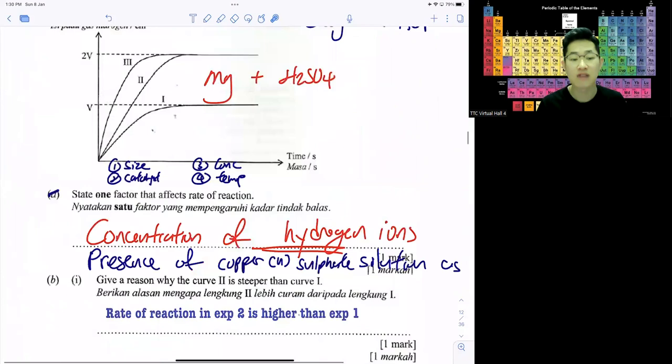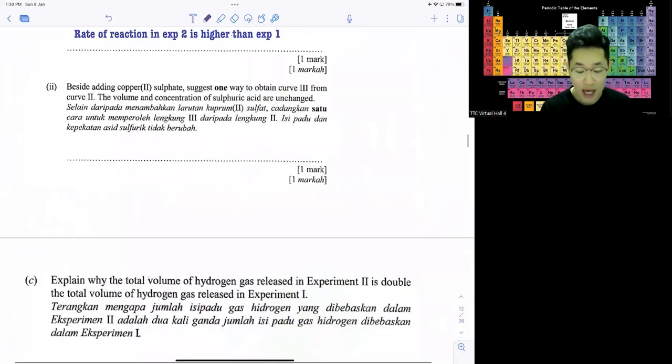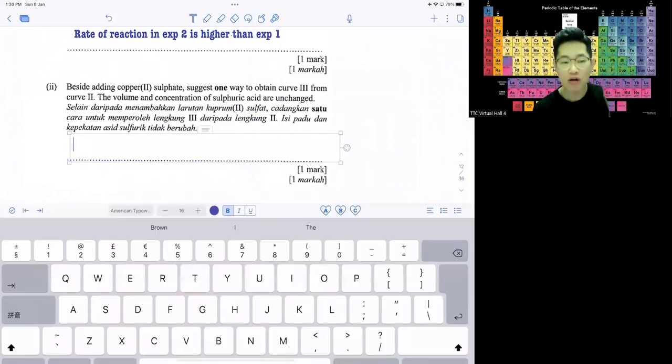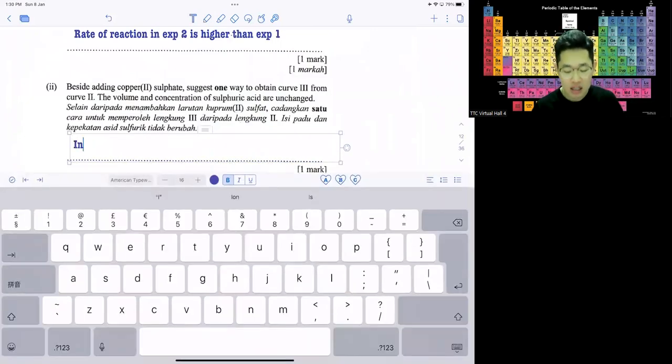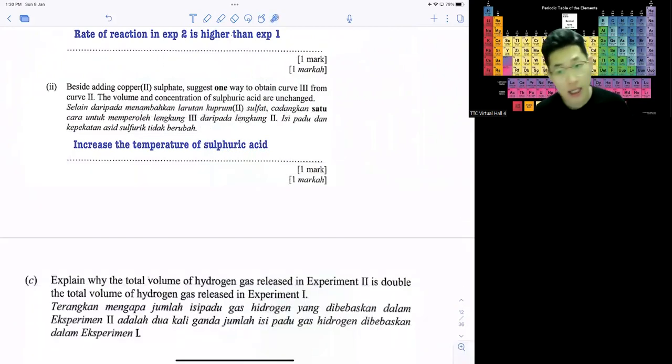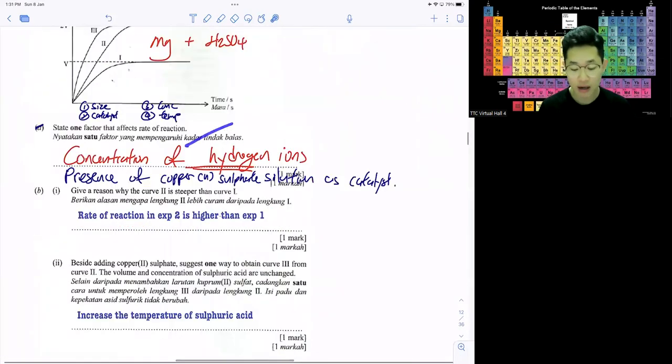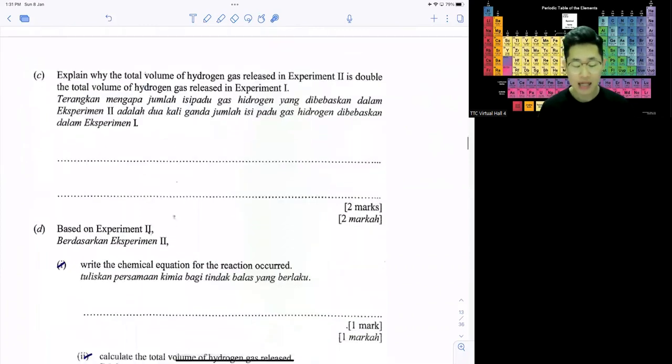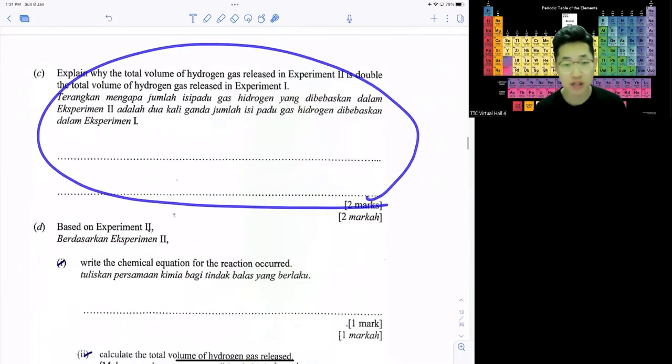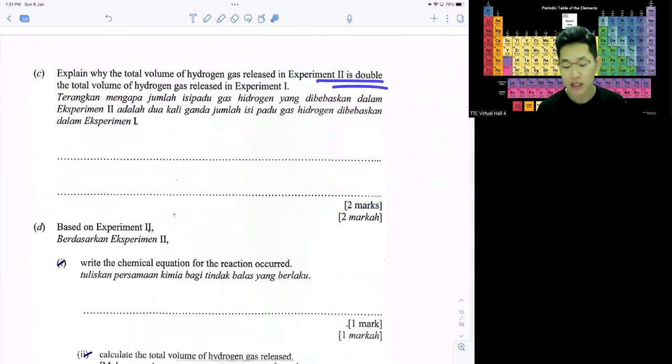So now the last factor is temperature. So when they ask me how to do it, I will tell them to increase the temperature of sulfuric acid. OK，好，这样子。OK，factor 很重要啊。